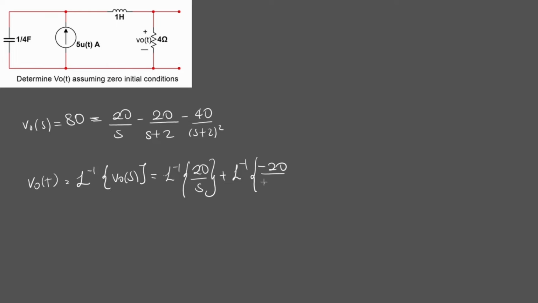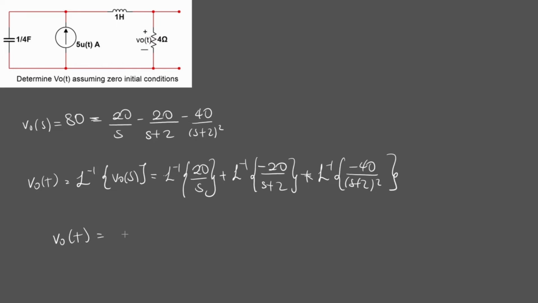So in case you get stumped by the repeated terms, (s plus 2) all squared, really amazing. We've covered this in the last video. Since all of these, we know the inverse Laplaces of all of these from the tables. Okay, so we're just going to go and write a final answer. So that means V naught of t